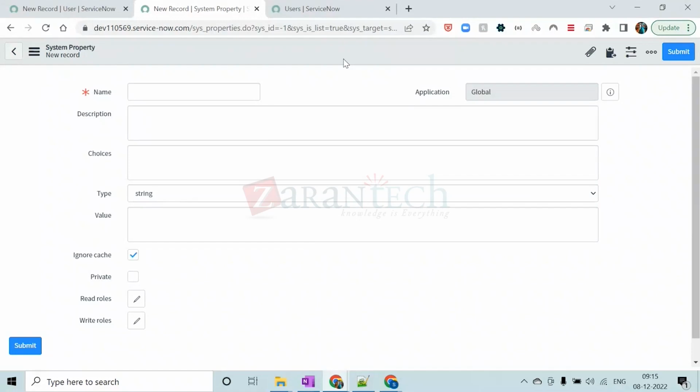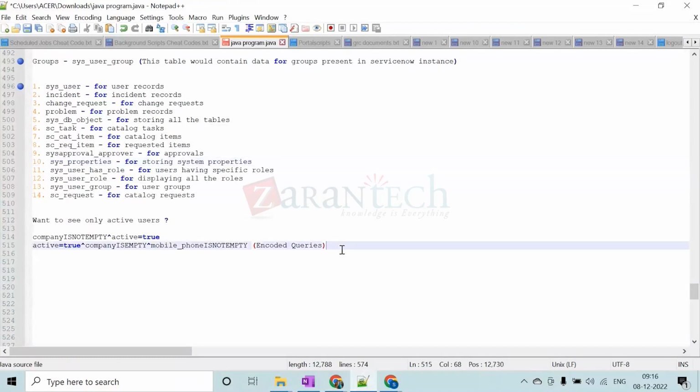Now let me give you one example. Suppose a password is there. Now you are from some integration team or some specific team, and you want to change the password. A developer has developed a particular code and has hard coded that password. Suppose I am hard coding the password like